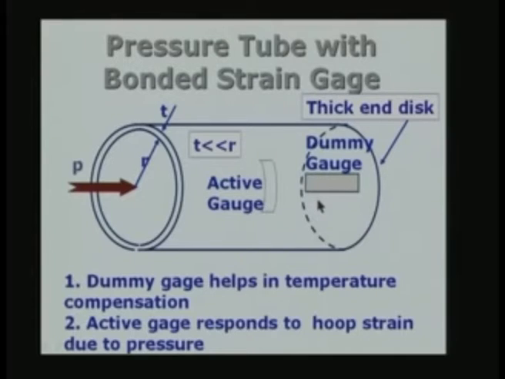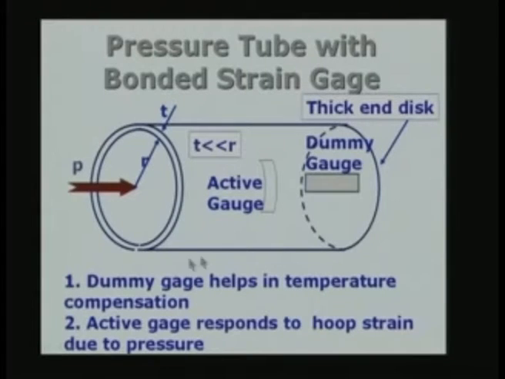And how can we do that? Either we can do the following. The end of the tube is closed by a very thick disc. The shell is very thin and the thick disc is very thick. For example, I can have a disc of 3 or 4 millimeters or more closing the tube on the right hand side. When that happens, the strain undergone by the thick disc is going to be very, very small and negligibly small, and therefore, if I go back to the sketch, the strain indicated by the dummy gauge will be essentially 0. That means that the dummy gauge resistance does not change during the operation of the instrument.